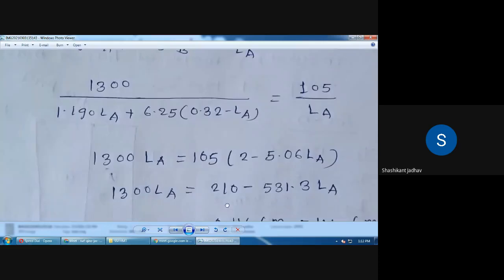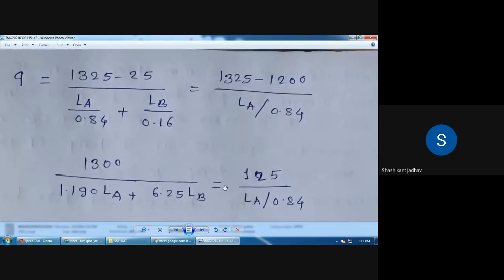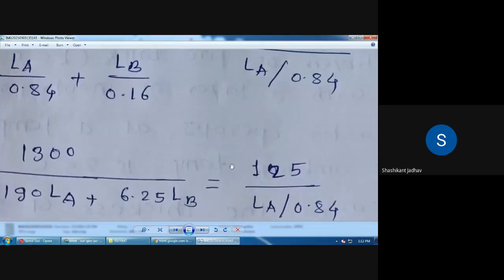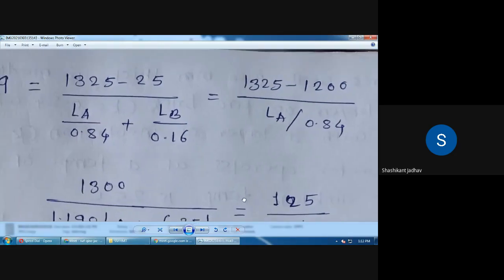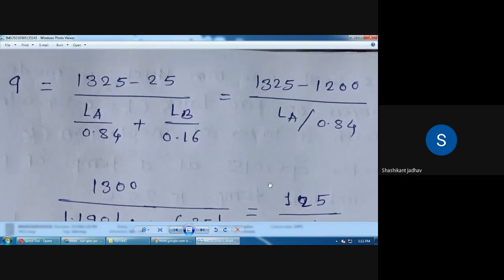So now we have to put the values. We have to consider only the first two terms, because we have to find out the values of LA and LB. The capital Q by A on the left-hand side is the heat flux, and it is denoted by small q. So small q is equal to